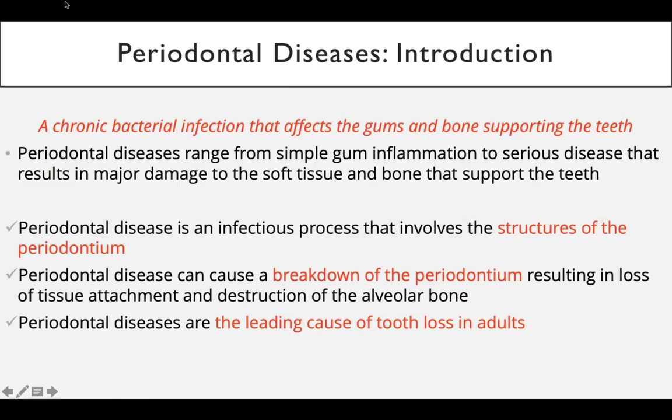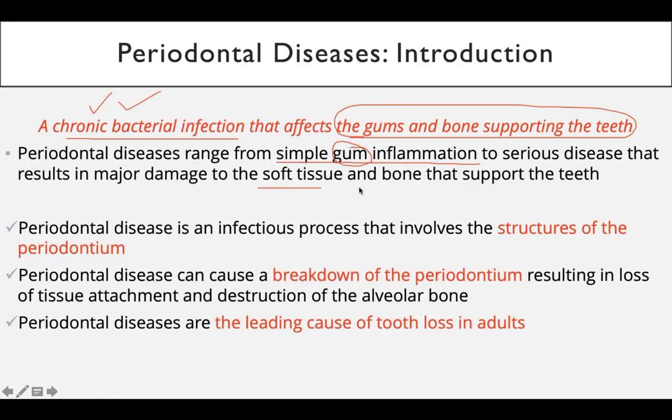So it's a chronic bacterial infection that affects the gum and the alveolar bone, basically the four periodontal tissues. So it's a chronic bacterial infection. Okay. Periodontal diseases range from simple gum inflammation. Gum inflammation will be gingivitis, to serious disease that results in major damage to the soft tissues and the bony structure that support